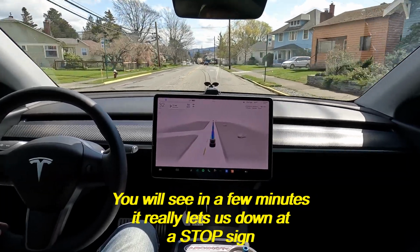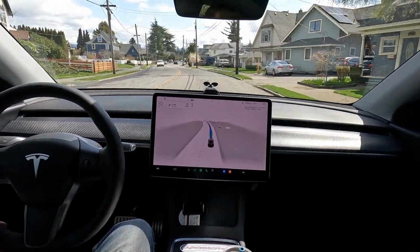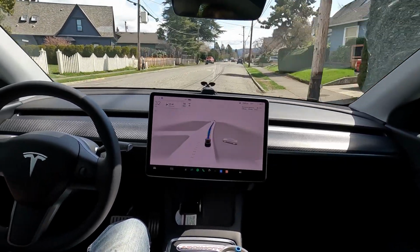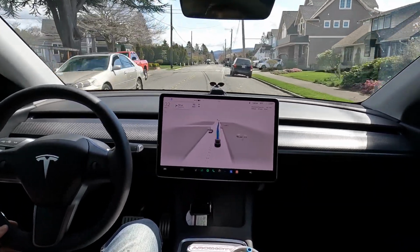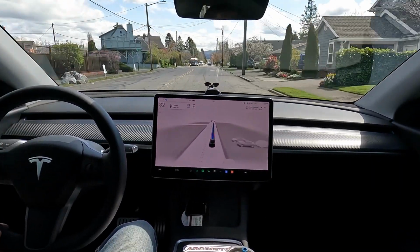with it recognizing stop signs that don't belong to it. There's a little phantom brake. Hesitancy at turns, so we could see that back there. It was very hesitant, wanted to make sure it could see everything before it went. And a little bit leery around pedestrians and bicyclists, but I'm still of the opinion that full self-driving is really,